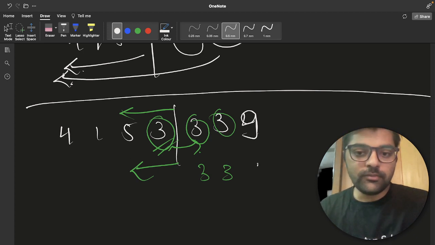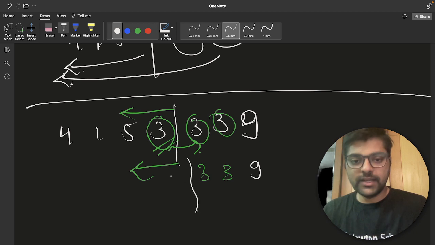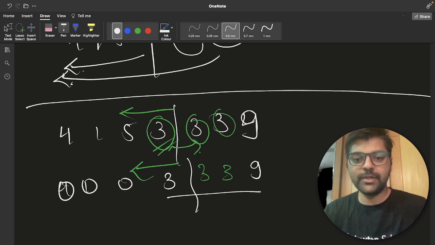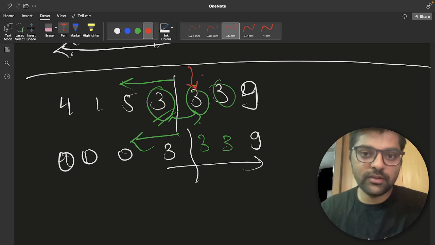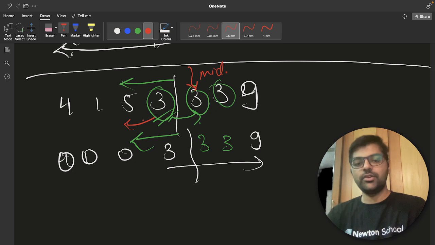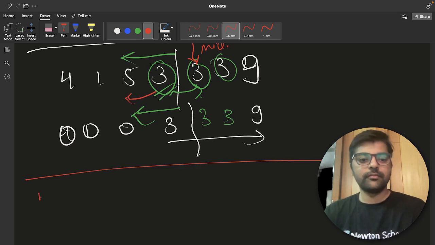So either it is non-decreasing and we can make it 339. Our final answer will be 0 0 0 and 3359. But here if we consider this as mid, then this won't follow, as we can see that 3 is present on the left side. So to avoid this, what we will do,